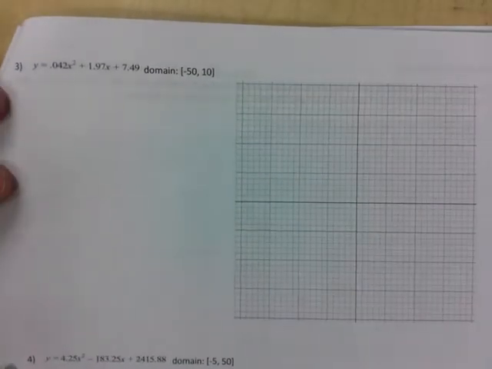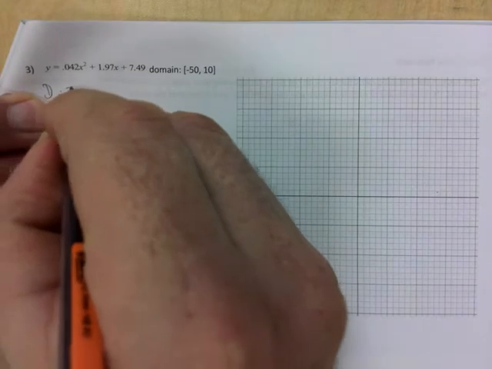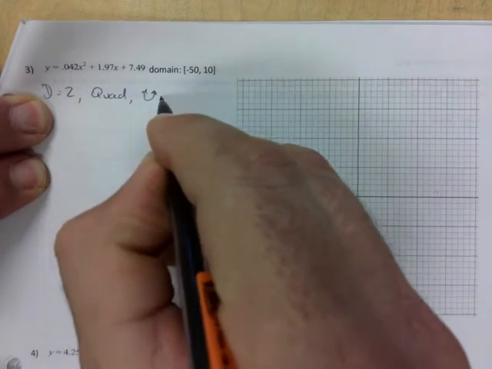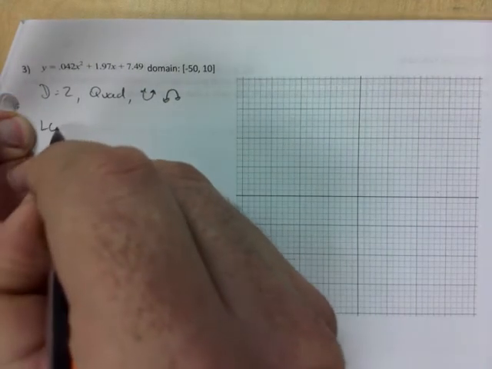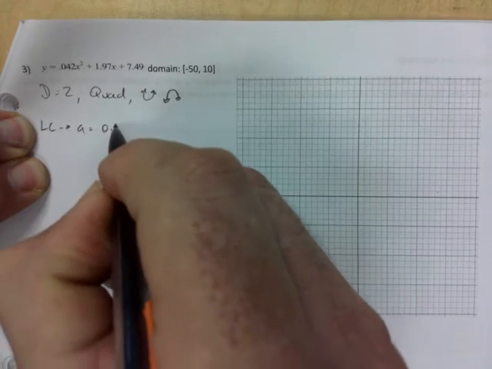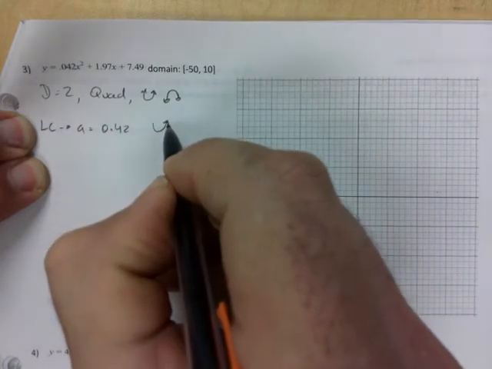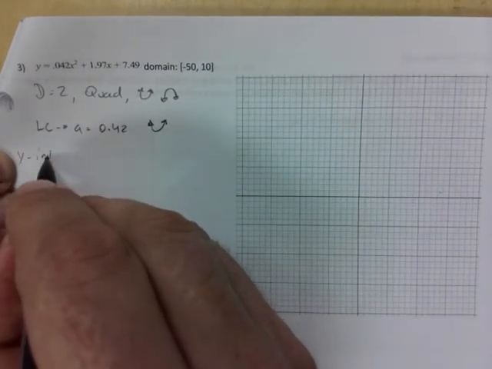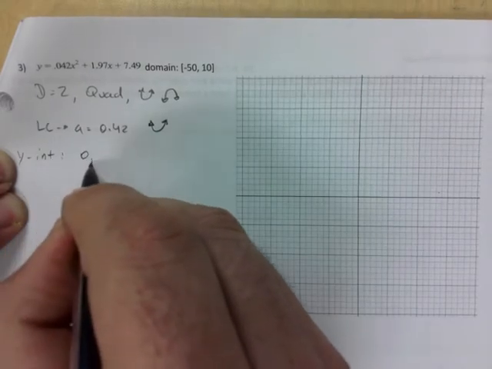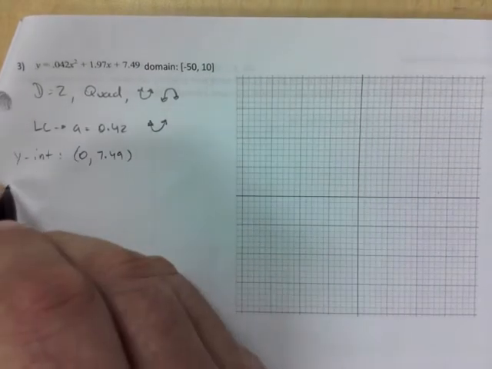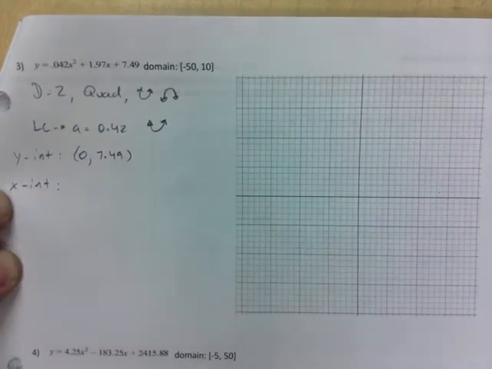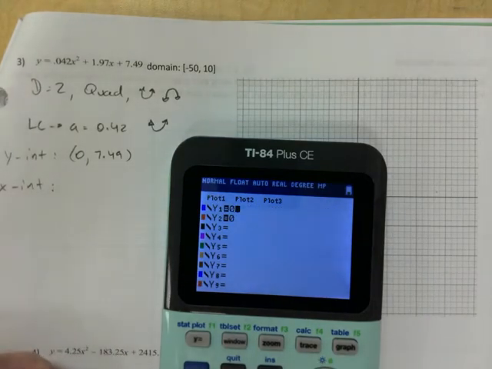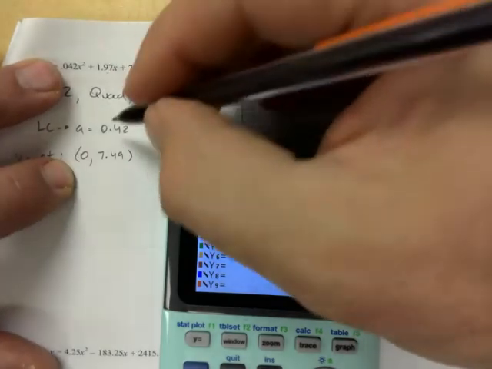I will maybe do these without talking too much here. Some points up, positive, right? Intercept. Let's see if this one has x-intercepts. Oh, I made a mistake here. This is supposed to be